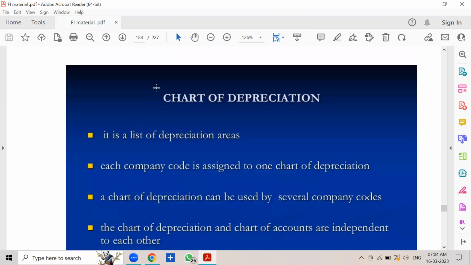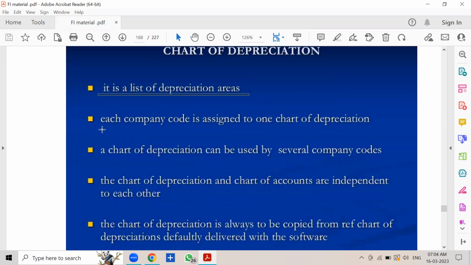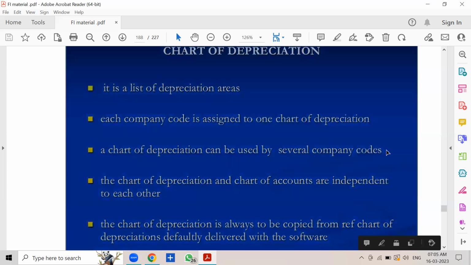Okay, then chart of depreciation. It is the list of depreciation areas used by the company code. Chart of depreciation means it is a list of depreciation areas, and each company code is assigned to one chart of depreciation. Mandatory, within brackets, mandatory. Then a chart of depreciation can be used by several company codes, provided